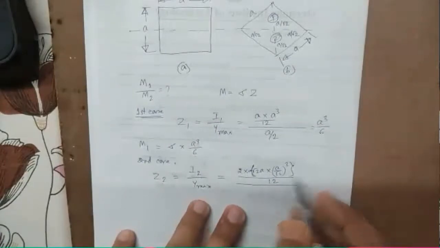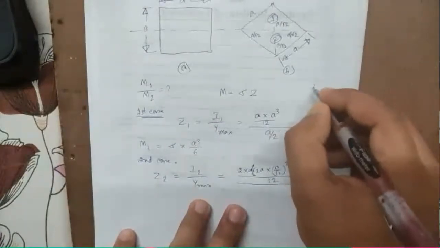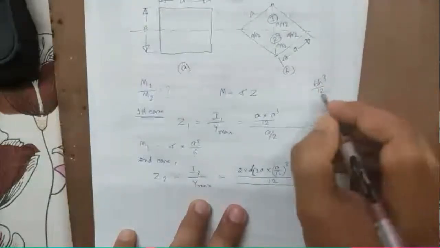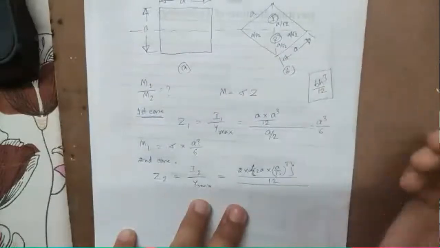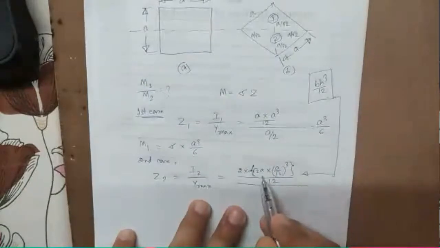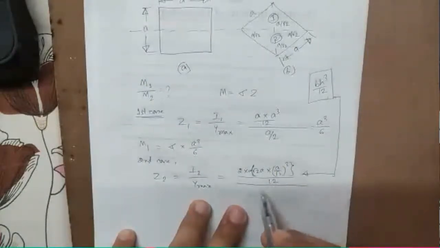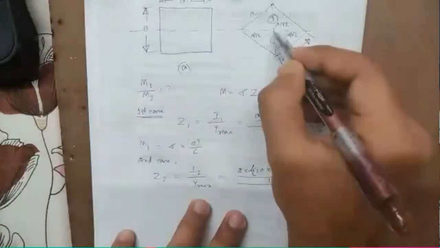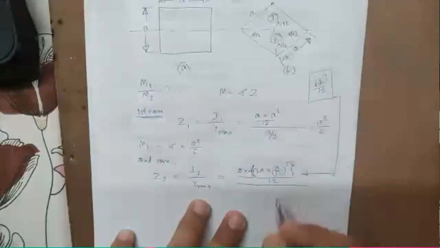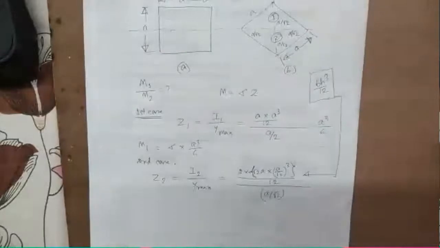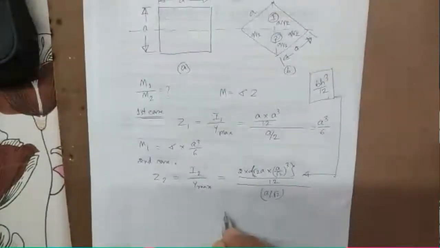For a triangle the formula is bh cube by 12 about the base, so we will just use that formula here. This is b, this is h. So y max will be equal to the distance from here to here, that will be a by root 2. So now we can find that Z2 will be equal to,